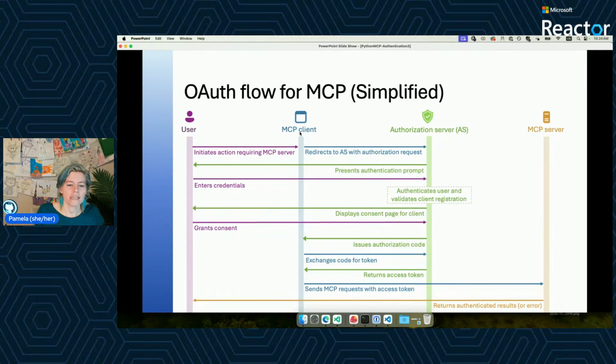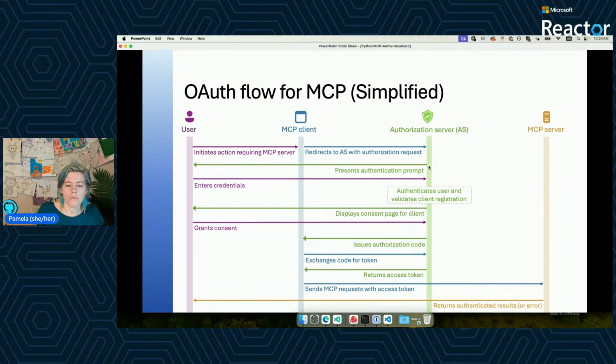So the client is like, okay, I know this user wants to use this MCP server. First it checks to see if it's already authenticated. But if it gets a 401, it's like, okay, I've got to redirect to this authorization server and ask for authorization, right? So we go to the authorization server, and that authorization server presents a prompt to the user